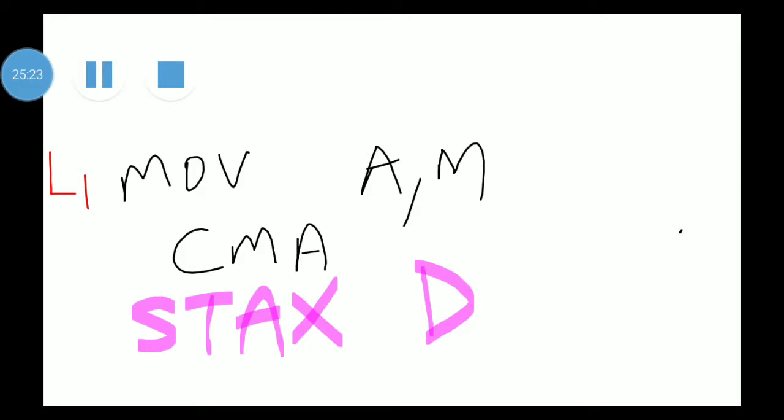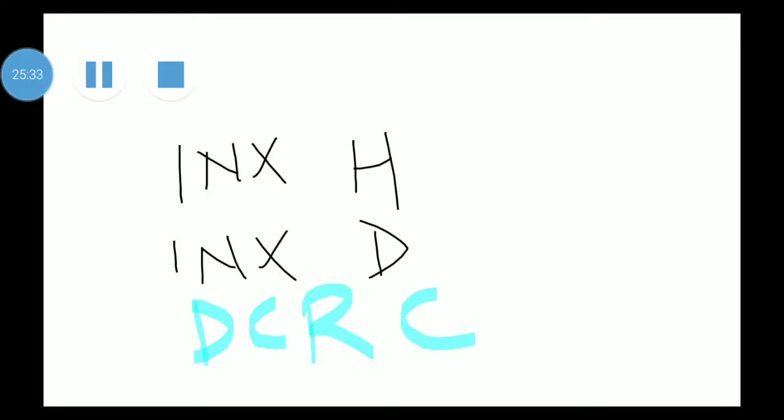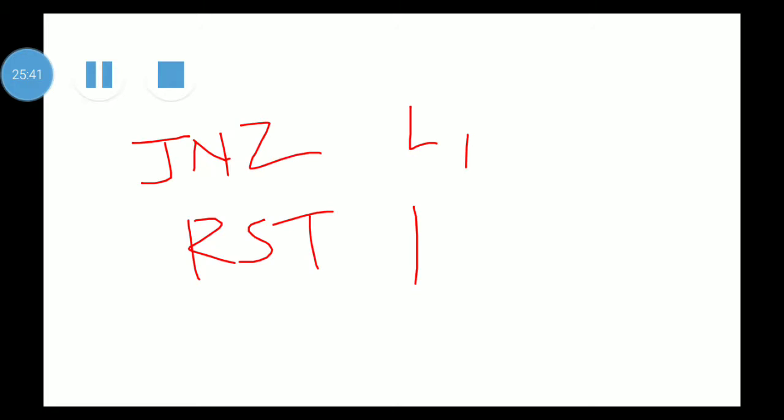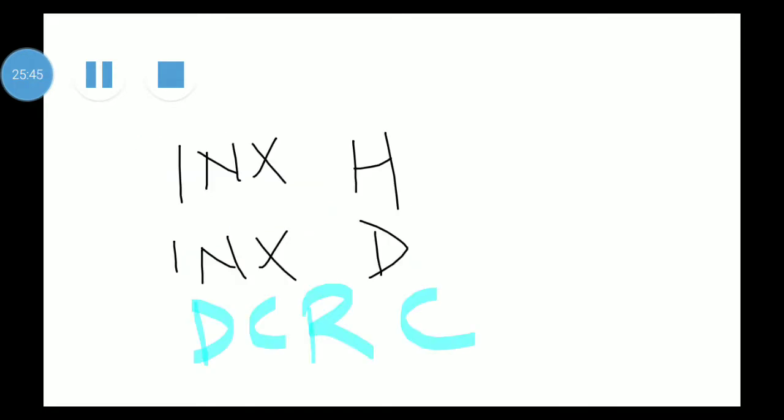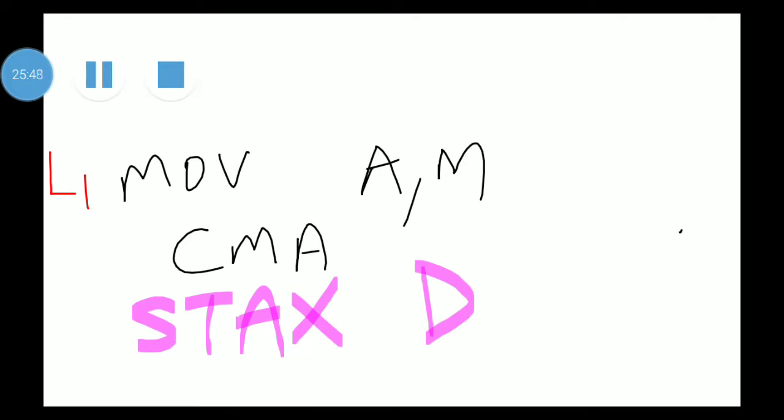Then STAX D, which stores the content of the accumulator to the memory location pointed to by the DE pair. Then comes INX H, then INX D, then decrement the counter. The counter will be decremented till it gets 0, so for that purpose we write JNZ L1. L1 is the label we give to the location from where we have to repeat all these tasks again and again.